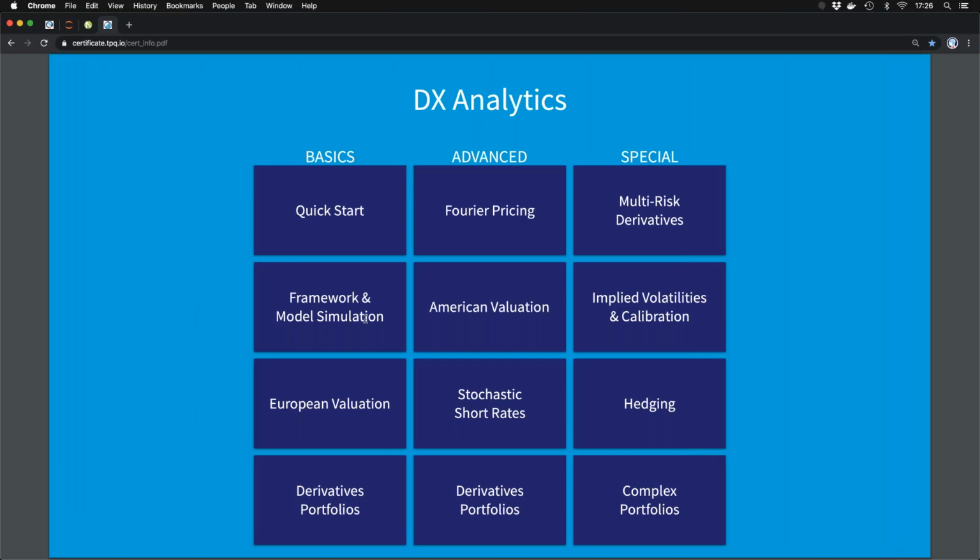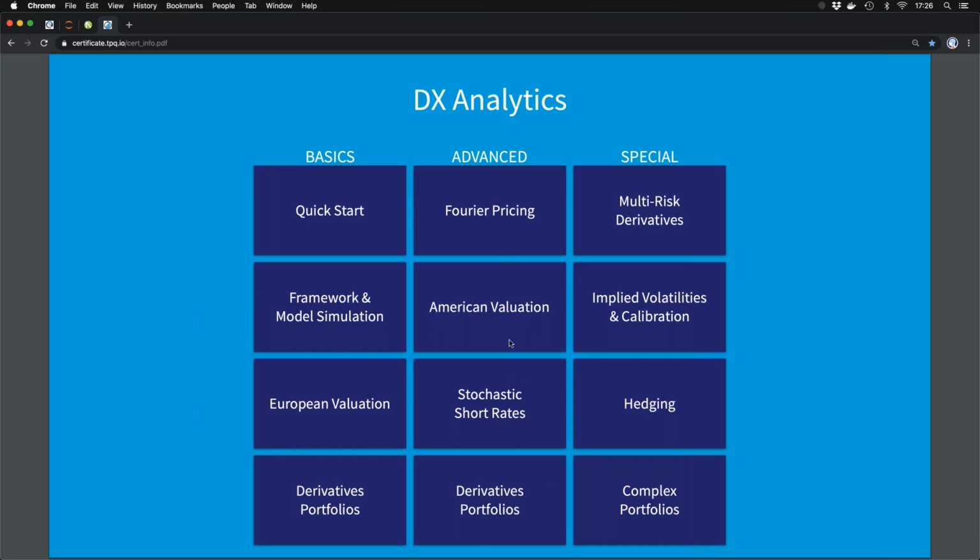We also cover DX Analytics, which is our pricing library and package, which runs more or less in parallel with the other class, but it's, so to say, a class in and of its own. We have quick start, framework, model simulation, European valuation, and derivatives portfolios, which is revisited every once in a while.